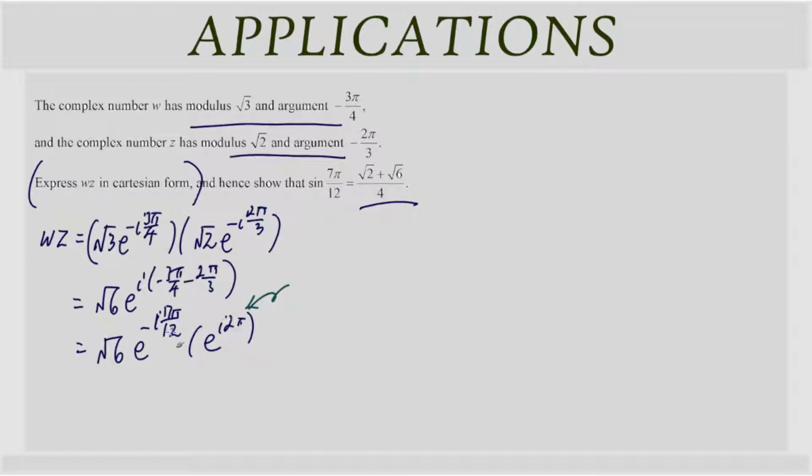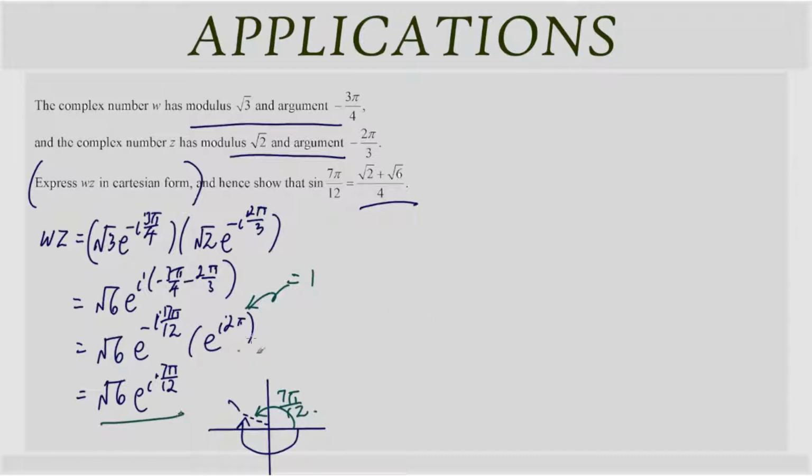So whenever you see that the value on top here exceeds pi or negative pi, we can multiply it by e to the power of i times 2 pi or negative 2 pi, which is equal to 1. And that allows us to simplify it to 7 pi over 12. Right, because if you look at an Argand diagram, negative 17 pi over 12 is over here, and this is the same as the argument 7 pi over 12. So we have wz is equal to root 6 e to the i 7 pi over 12,